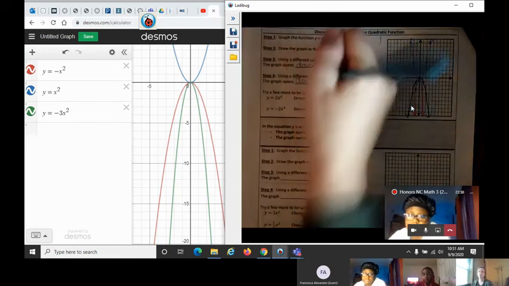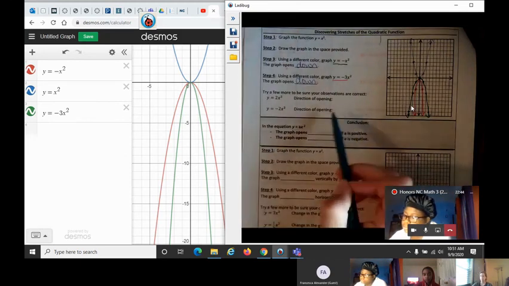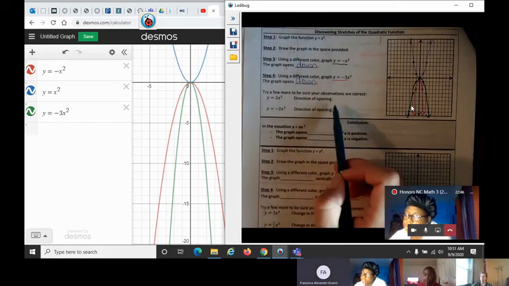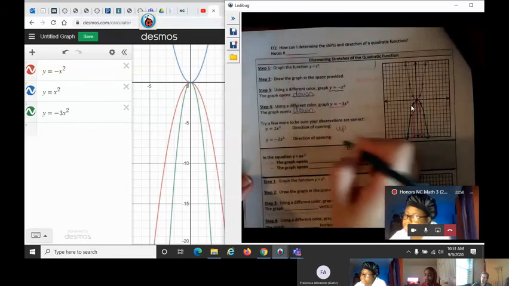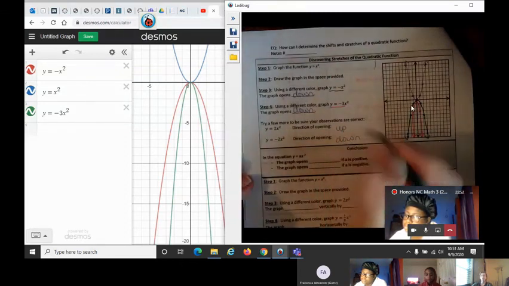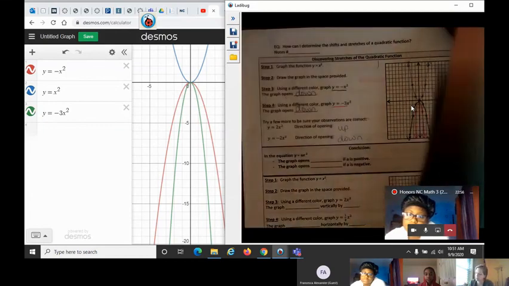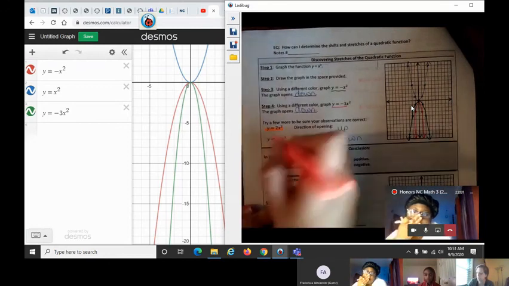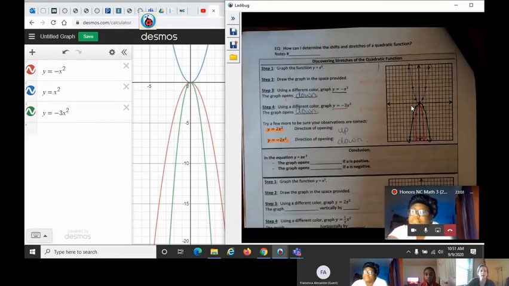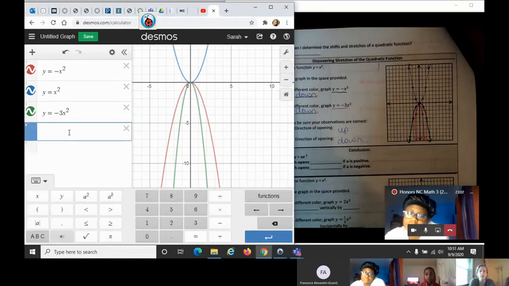Okay, so it asks you to do this again, but with positive 2 and negative 2 out front. What direction do you think the positive 2 is going to open? Up. Yep. The negative 2? Down. Okay, and let's go ahead and compare. I guess I'll use orange. Actually, I'm going to do the negative 2x squared because I want to compare it to the negative 3 and see what happens. So what